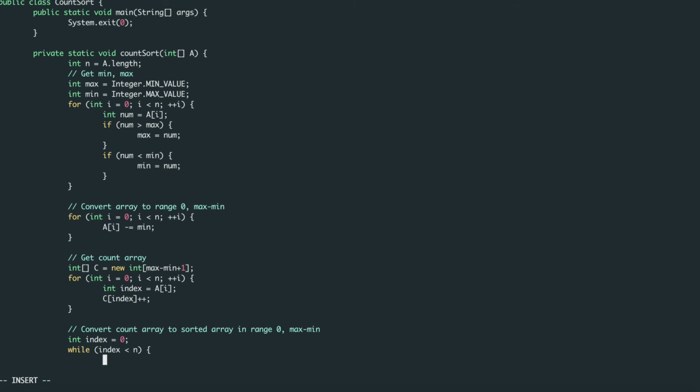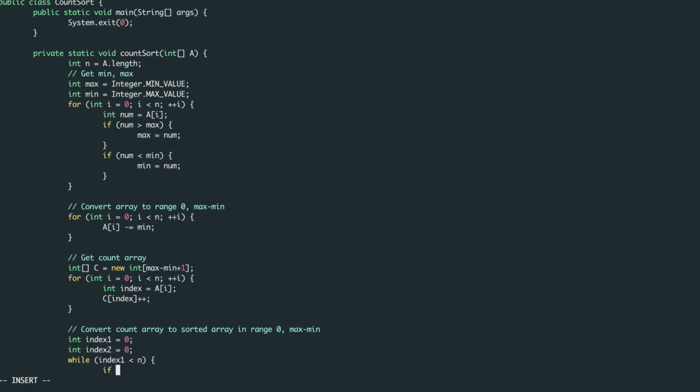And there is another index, the index in the count array, so we take two indexes, index 1 and index 2.